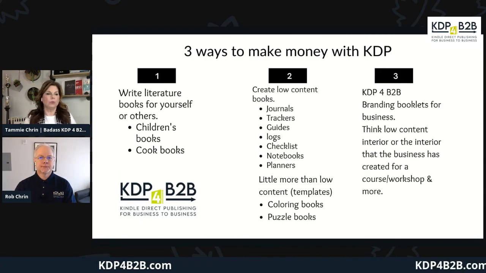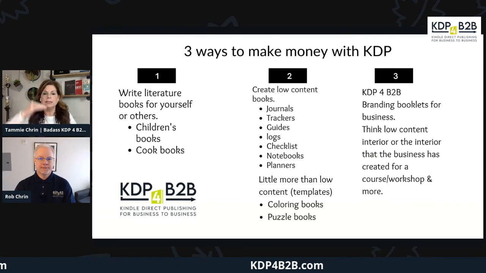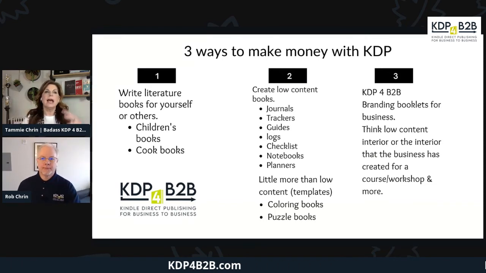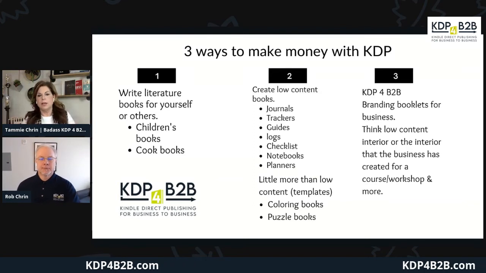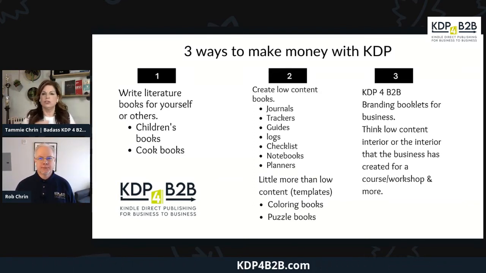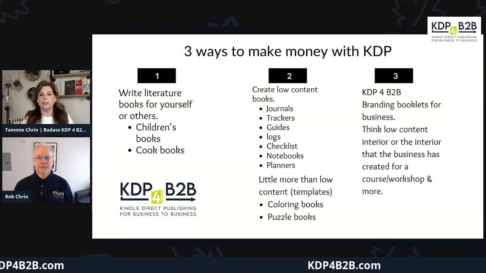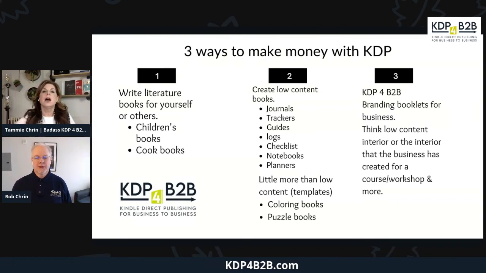We have a royalty calculator that Rob actually created that is so helpful because it breaks down all the costs of the book, how much royalty you're going to make, and how much it's going to cost for the book to be sent out, and all those things. Just a quick little calculator instead of trying to do it yourself. You can do it all yourself. You can go on KDP and figure all this out. It's all there for you.